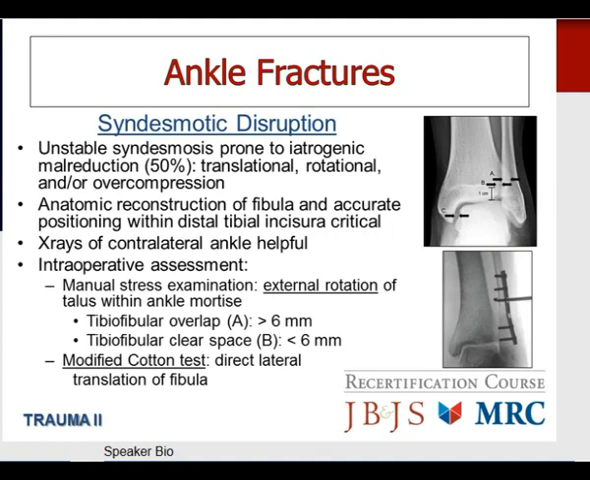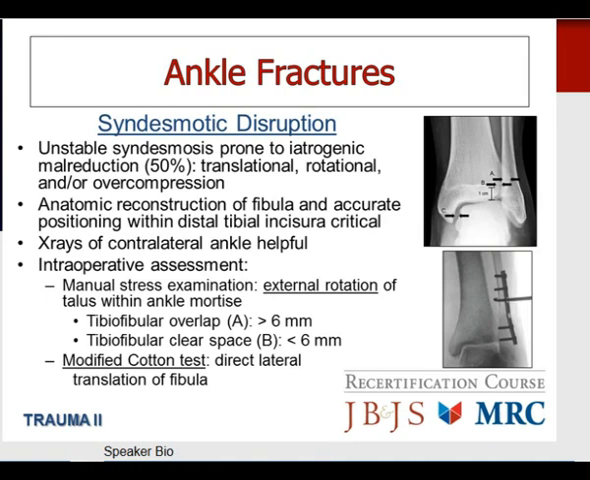Translational malreduction is the most common, either displacing the distal fibula anteriorly or posteriorly. You can also have rotational malreduction as well as possible overcompression of the syndesmosis. Anatomical reconstruction of the fibula, restoration of fibular length, and accurate positioning within the incisura of the distal tibia are critical. X-rays of the contralateral ankle can be helpful to assess the reduction of the lateral malleolar fractures, and intraoperatively,